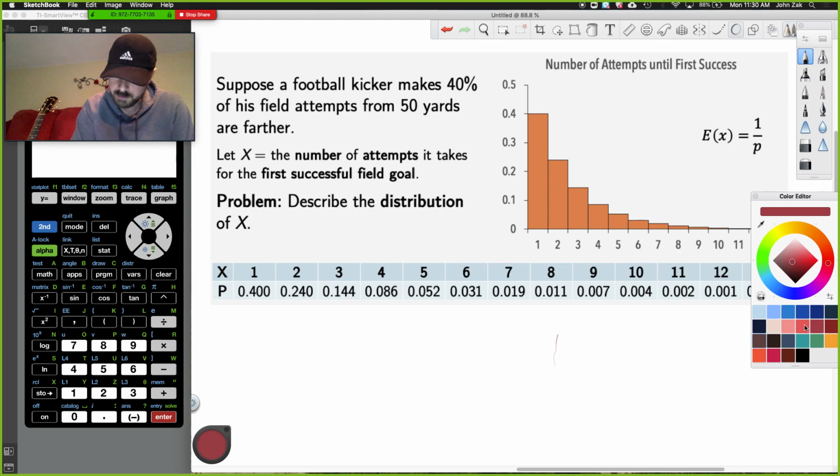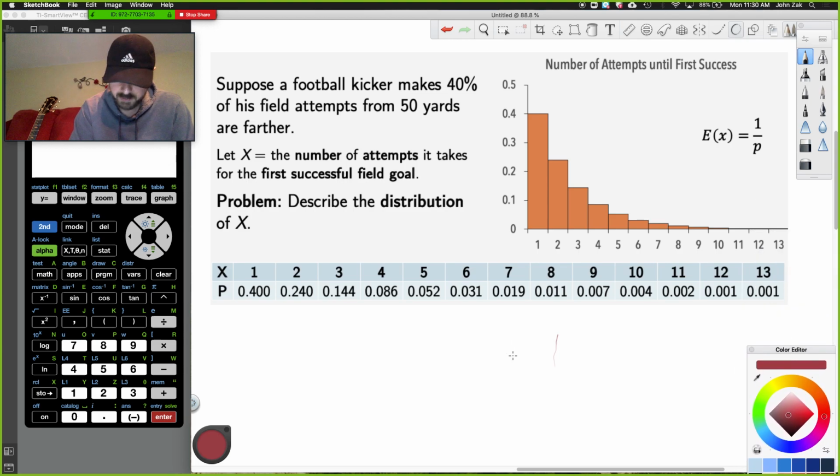But what I did is I used Excel to help me facilitate doing this more quickly. And here is actually the whole distribution for the number of trials it takes to the first success here, right? And so we actually see that the distribution of this geometric, and in fact all geometrics if we really think about it, are going to be skewed to the right, because you're always going to be most likely to find your first success on the first trial. And then all the successive trials, it's always going to assume something else happened